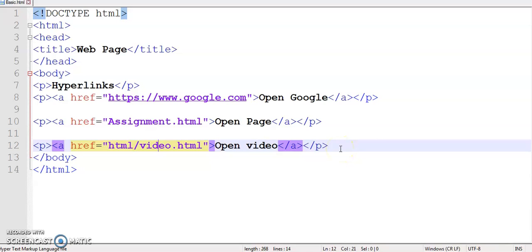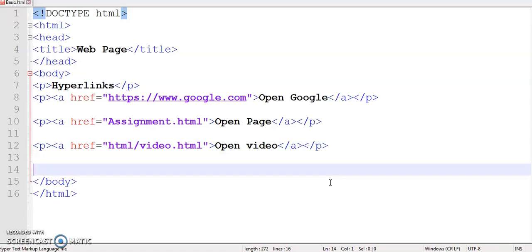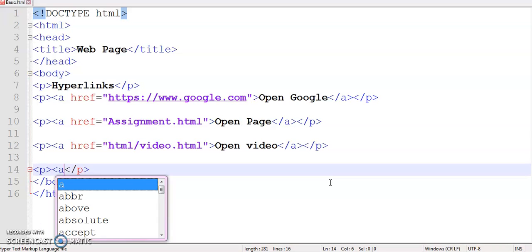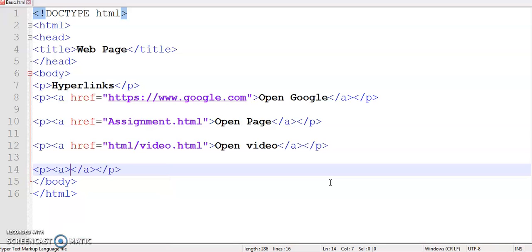Now in HTML, you can also create a link that opens your email to let you send a new email to someone. So let's demonstrate that part. See, this is the link text.